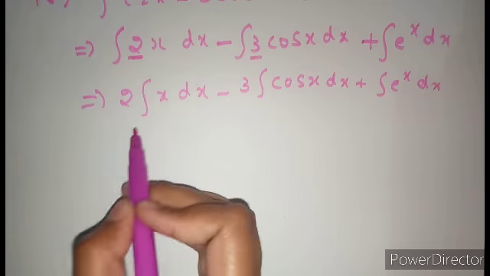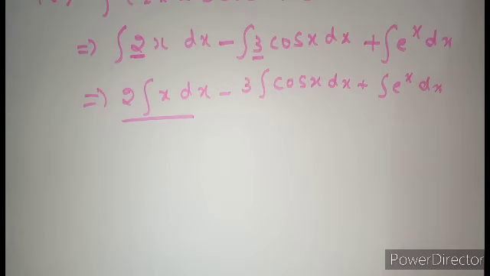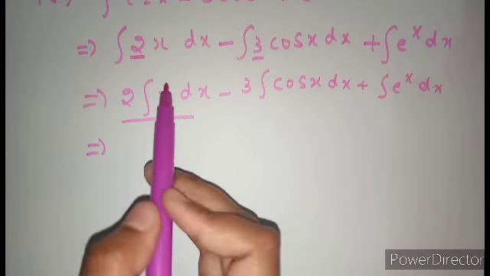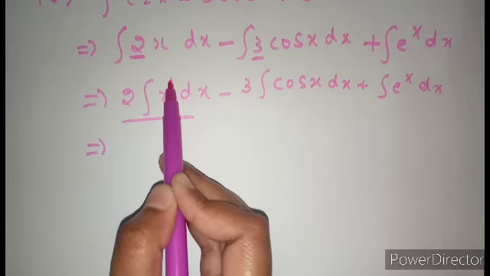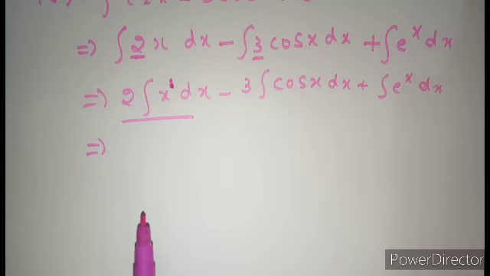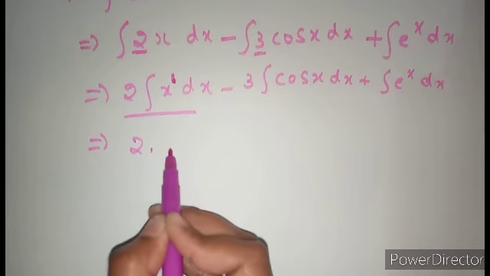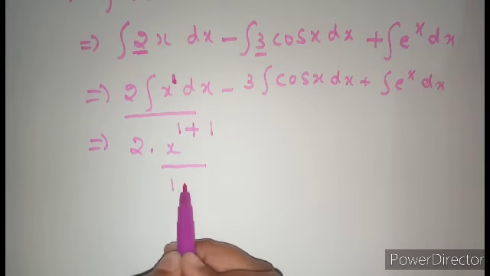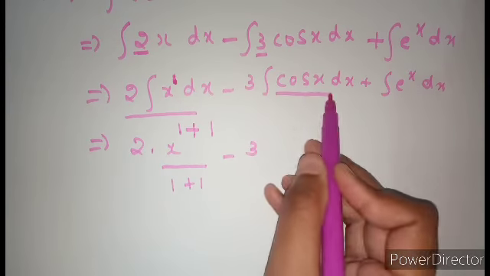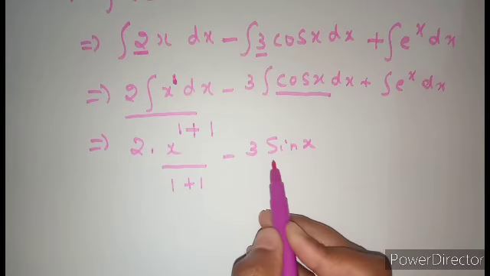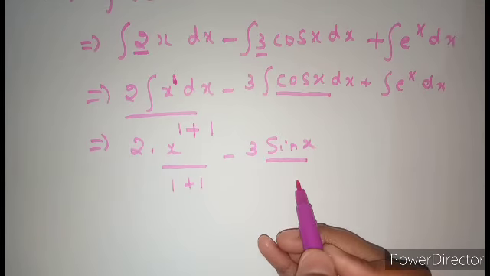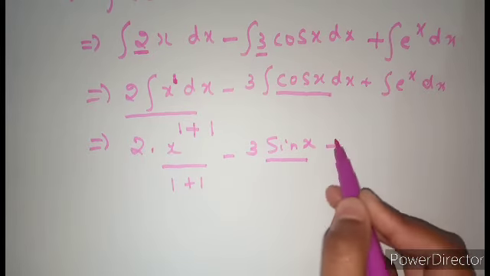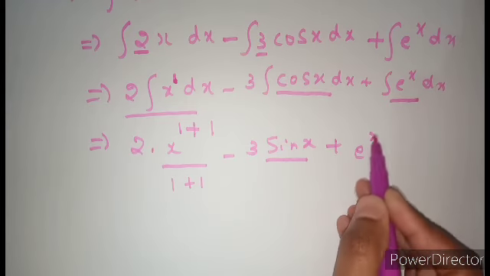So this is of the form integral x power n dx is equal to x power n+1 upon n+1. Just add 1 to the power of this function. Okay, I have already told. So here n is 1. So try to add 1 to 1. So 2 into x to the power of 1 as it is, add 1 and write the same here, 1 plus 1. Integration of cos x is sin x, okay, not minus sin x. Integration is reverse of differentiation, so just sin x, not minus sin x, that's all. Integral of e power x is e power x plus c.